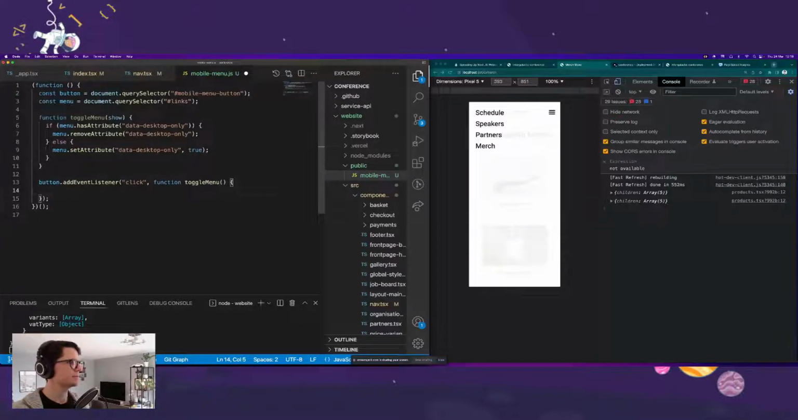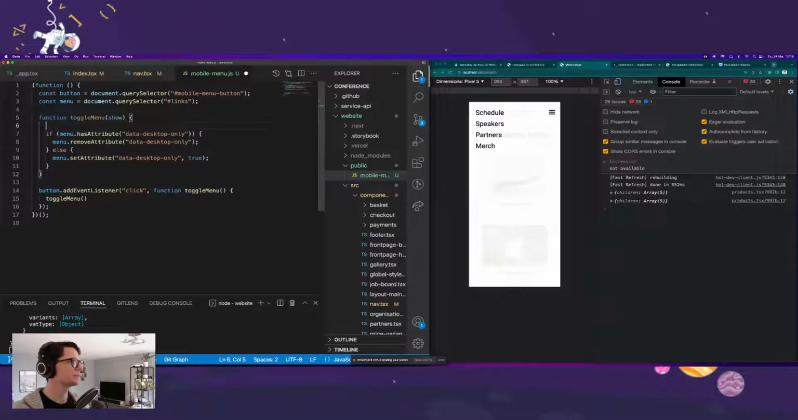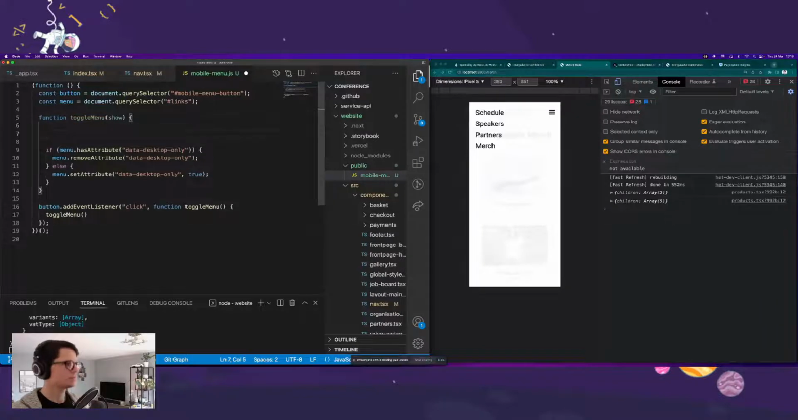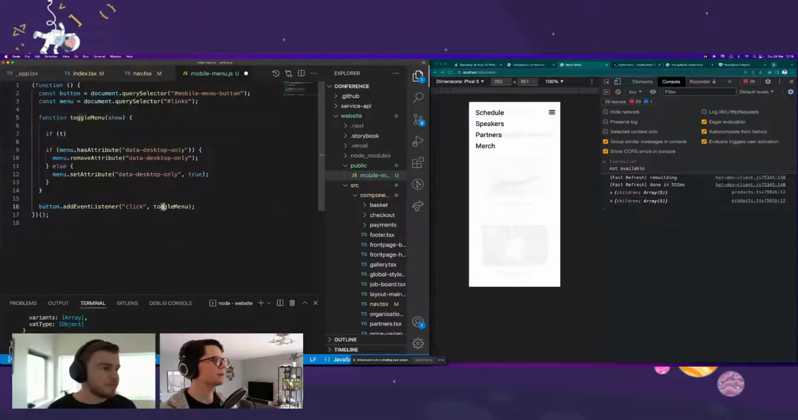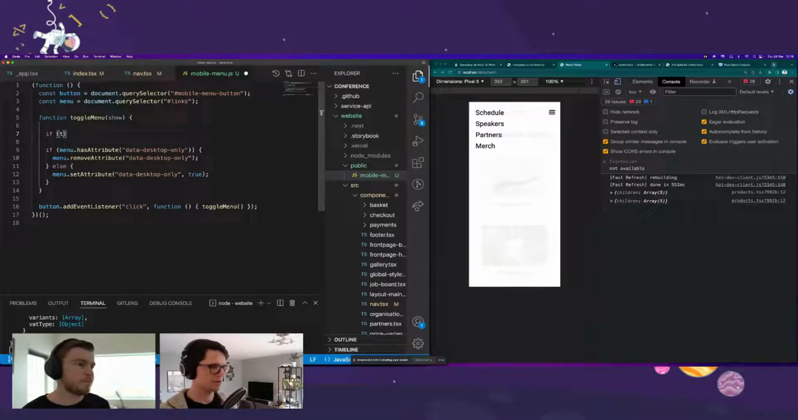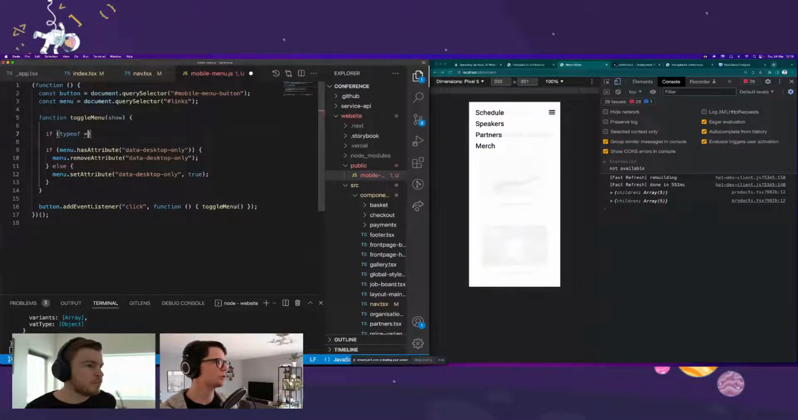Think about this for a second. If I want to be able to run this function here, it just toggles the menu. And I also want to be able to run it with an explicit command of what I want to do. Is it show or hide? Right. So if type of show,